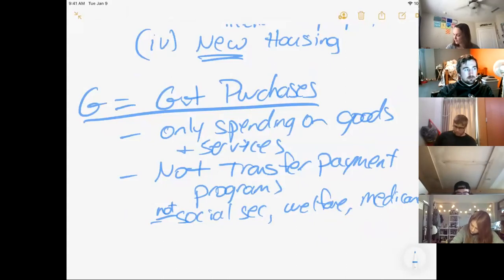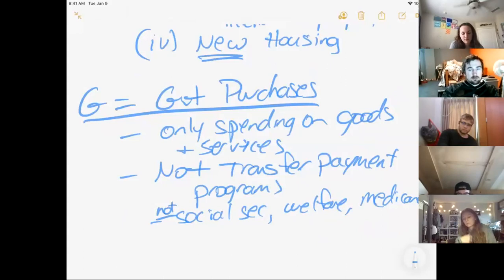So this is spending on the bureaucracy of government, spending on education, spending on roads and bridges, spending on, as Sunny says, the military, right? Are salaries part of government spending? Yes, because government salaries are providing a service, right? They're a service. So these are the things that are included,